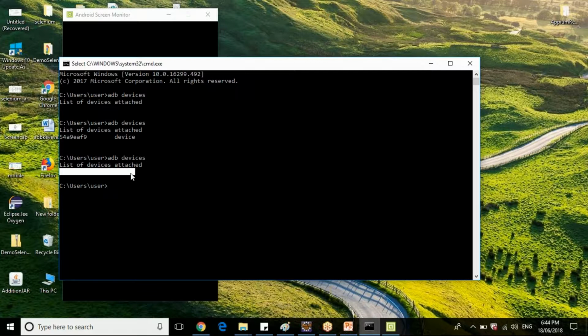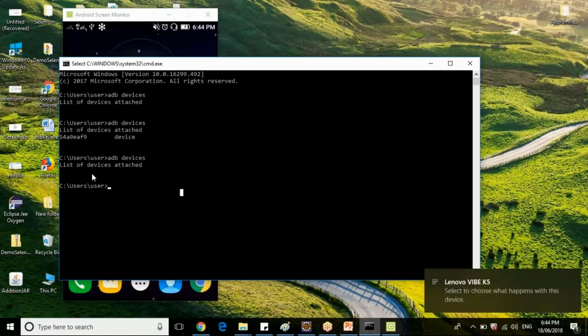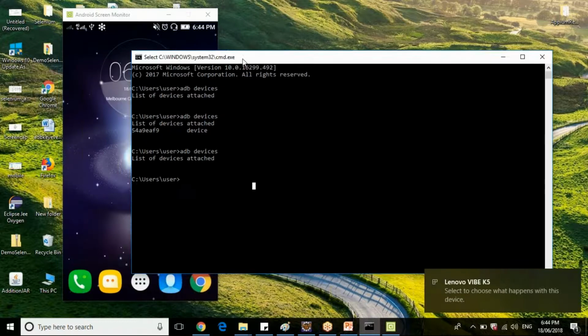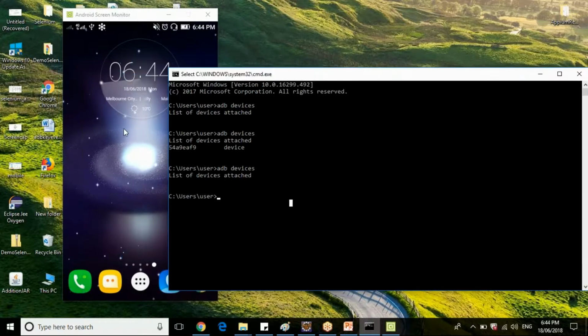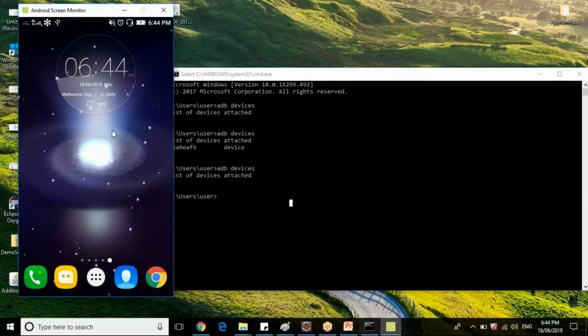Or let's say you're not providing access. Whenever you connect your mobile device with USB cable, sometimes you'll get a pop-up asking you to allow this device to trust this computer. Once you get that dialog box, you need to select always allow to trust this computer and say yes.